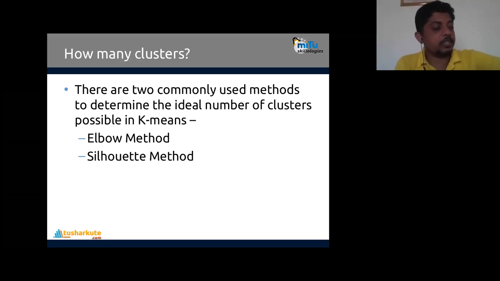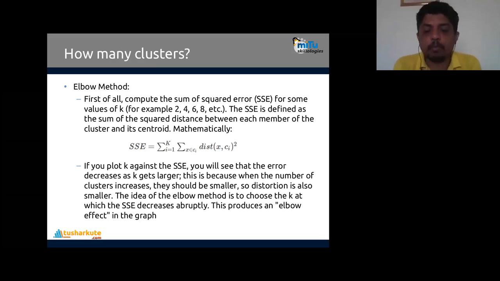And the second is called the silhouette method. Silhouette is a pure statistical method actually, which is used to find the number of clusters here. Okay, so let's go with this. The first is the elbow method. The elbow method is based on finding the sum squared error. Let's talk in detail about what exactly sum squared error is,